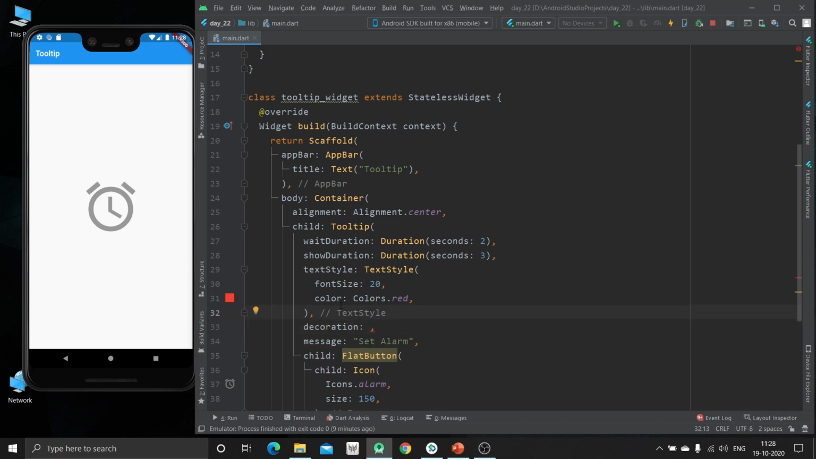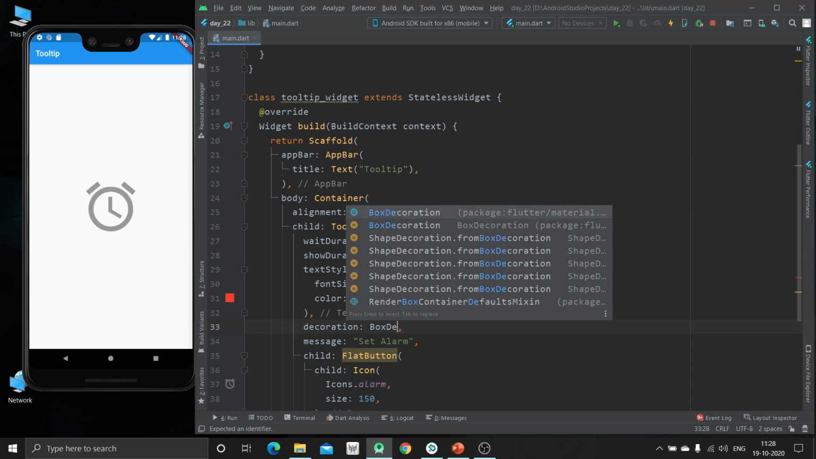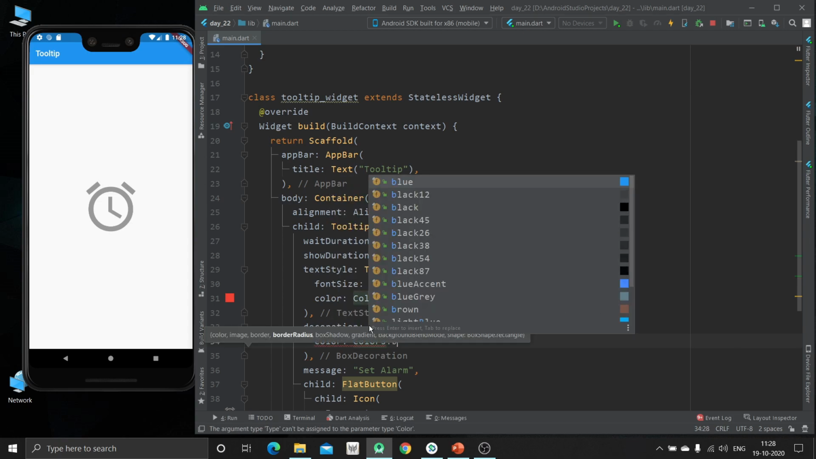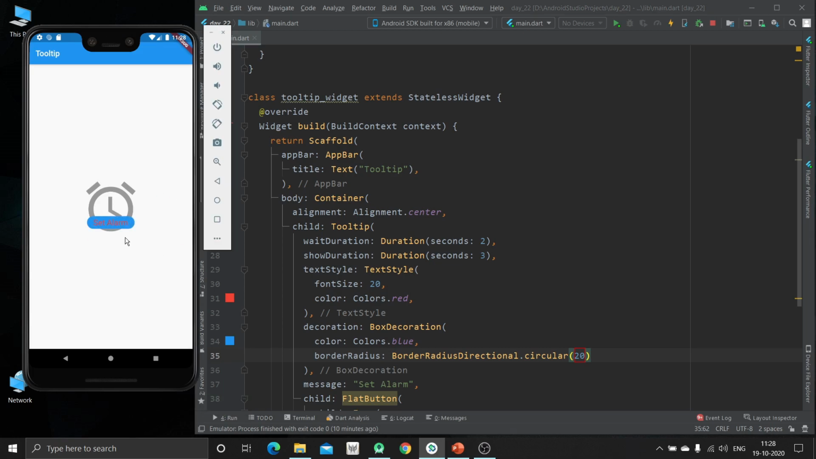So we will use the box decoration widget, and inside this we are going to specify first of all the color. So the color should be blue, and we can also change the border radius. So I will make the radius of that somewhat about 20. Now just hit Ctrl and S. Now you can see the background color has been changed to blue, and the radius of the border has been